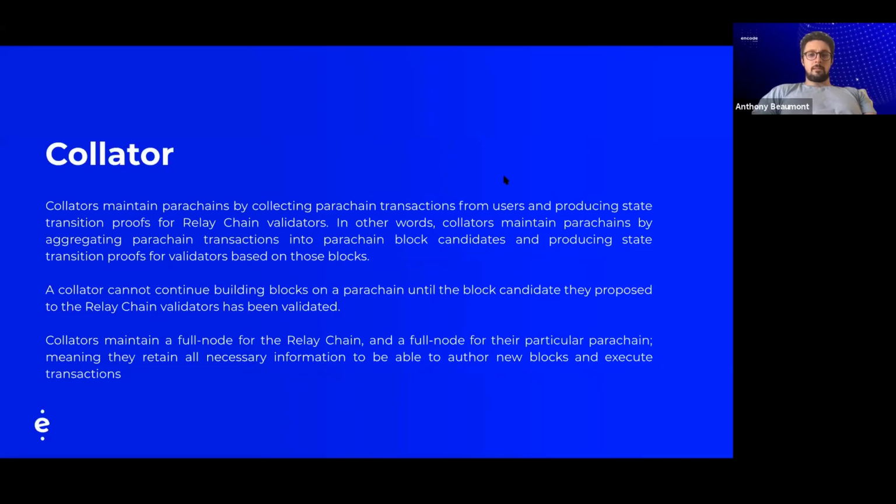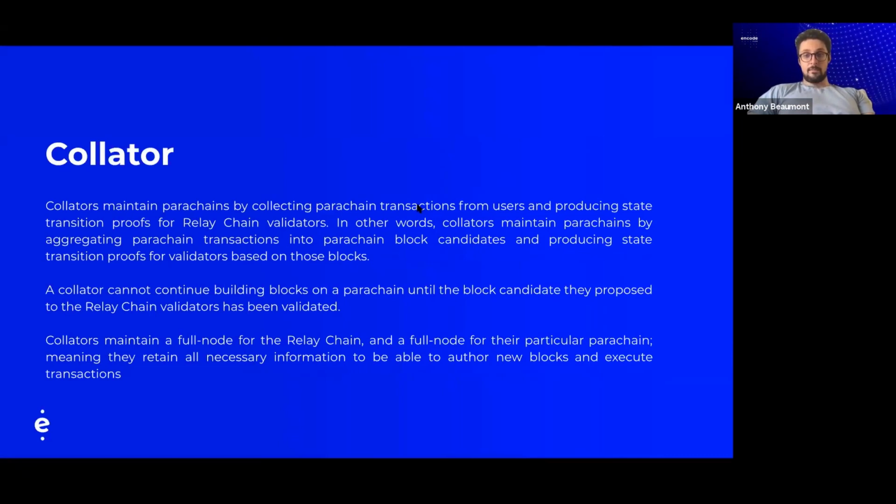What are some of the main differences between collator and validator? Well, a validator is confirming all transactions on the network, whereas a collator is effectively bringing transactions. A, it's confirming transactions that are good on the parachain, and B, taking the transactions to the validator. So it's like a postman, effectively. Whereas the validator is the post office. Maybe that's a bad example, but the validator is just checking all the transactions are right and look correct.